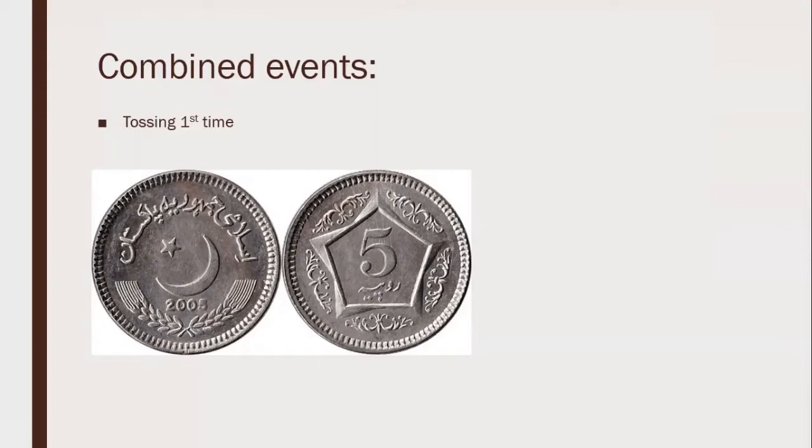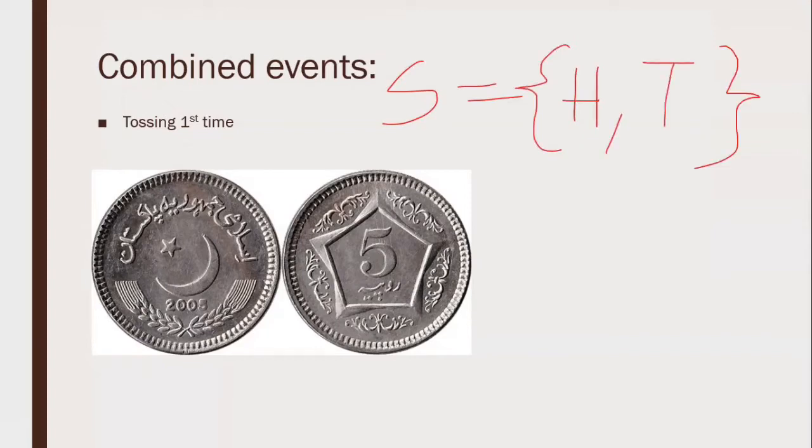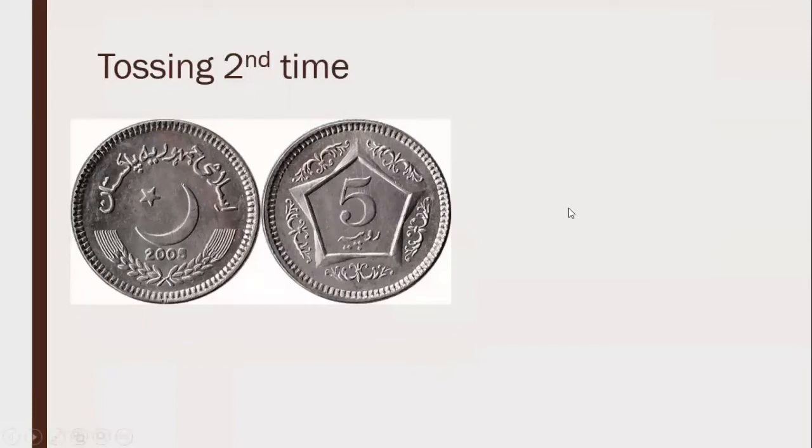What you need to understand is that there are multiple events taking place, and we're going to find a combined probability of those multiple events taking place. Let's take an example of tossing a coin. The first time you toss, you can get two possible outcomes, a head or a tail. You can simply write head or tail as the sample space for tossing a coin one time, because the sample space tells the possible outcomes. Now you need to see the probability of tossing the same coin a second time.